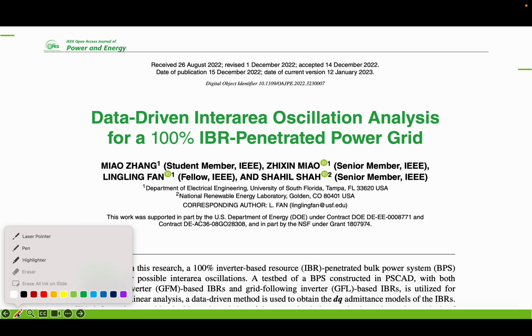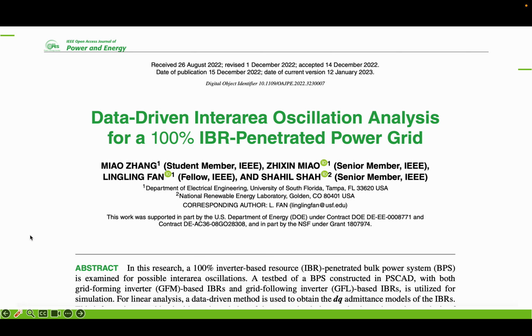About a paper. The name of this paper is Data-Driven Interarea Oscillation Analysis for a 100% IBR-penetrated power grid. I am the corresponding author, Lingling, and the paper was published in IEEE OAJPE in January 2023. Let me just take 10 minutes to talk about the essence